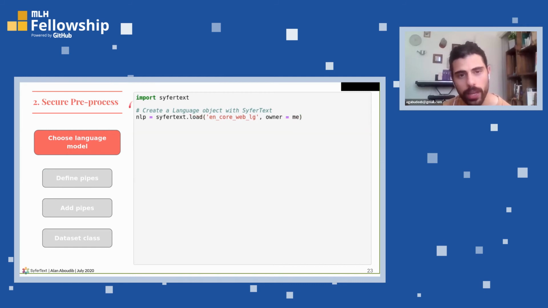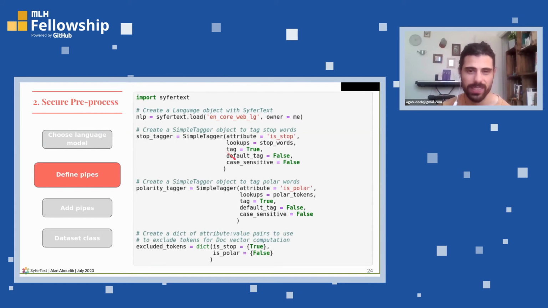So it creates what we call a language model, and to that language model, we will add all the pre-processing components. So here we create this stop tagger, the component that will remove all the stop words I told you about. It means that it will associate to each word after tokenization a tag called isStop, which will have the value true if it's a stop word or false if it's not a stop